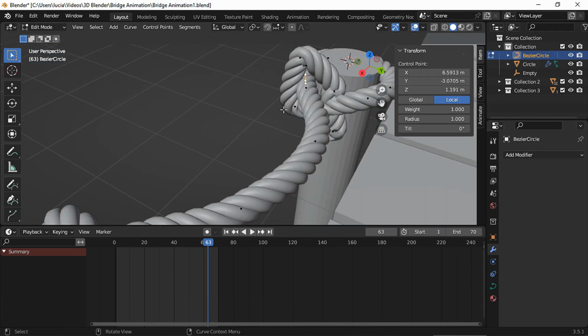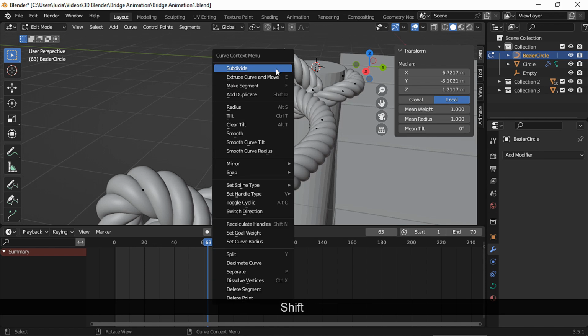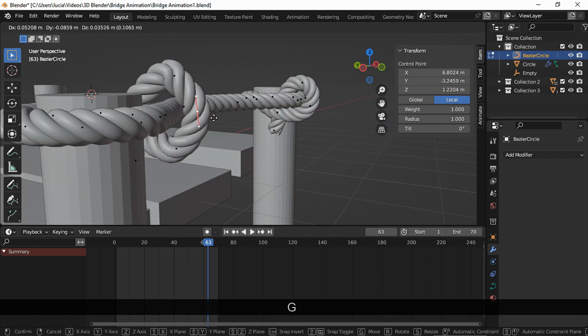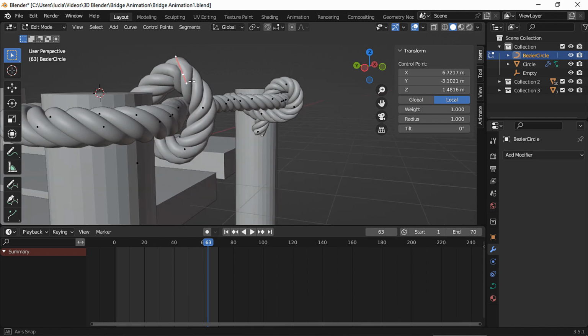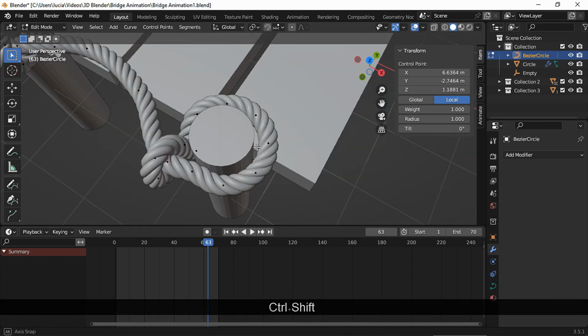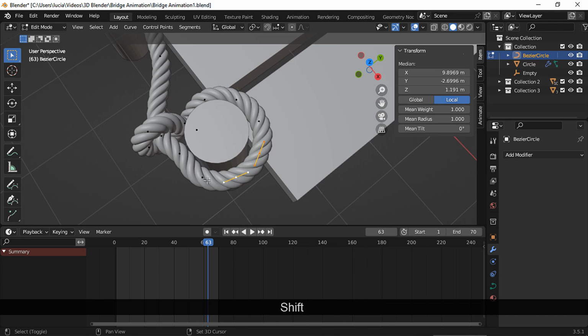And now we need some subdivisions between these 2 points because this part looks too stiff. Let's take these points closer to the leg.